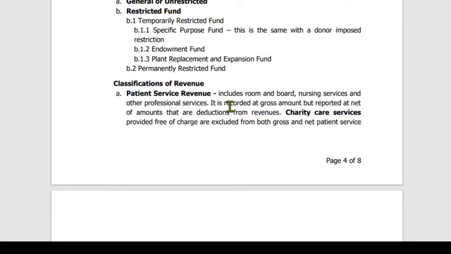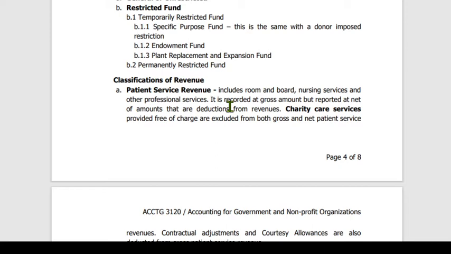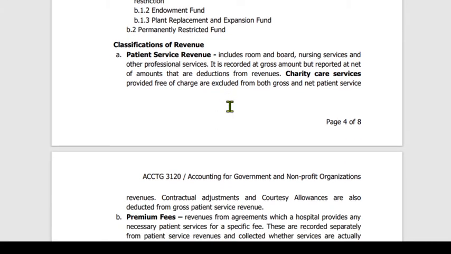So under the hospitals, let us familiarize with the classifications of revenue. We use the patient service revenue. Anong classification nitong account title na ito? This includes room and board, nursing services, and other professional services. It is recorded at gross amount but reported at net of amounts that are deductions from revenues. Charity care services provided free of charge are excluded from both gross and net patient service revenues. Contractual adjustments and courtesy allowances are also deducted from